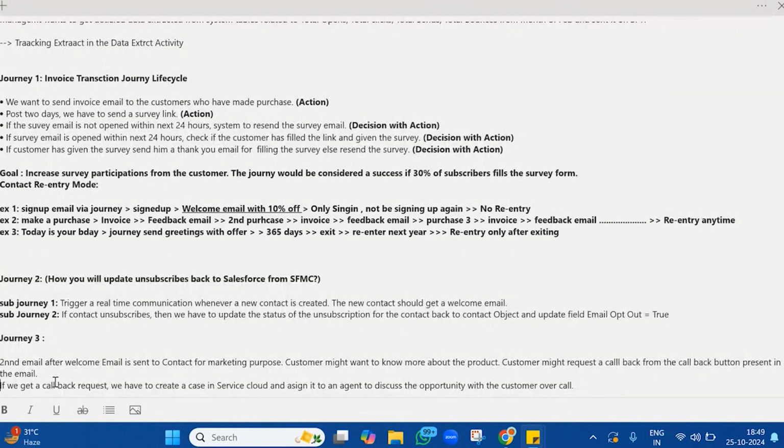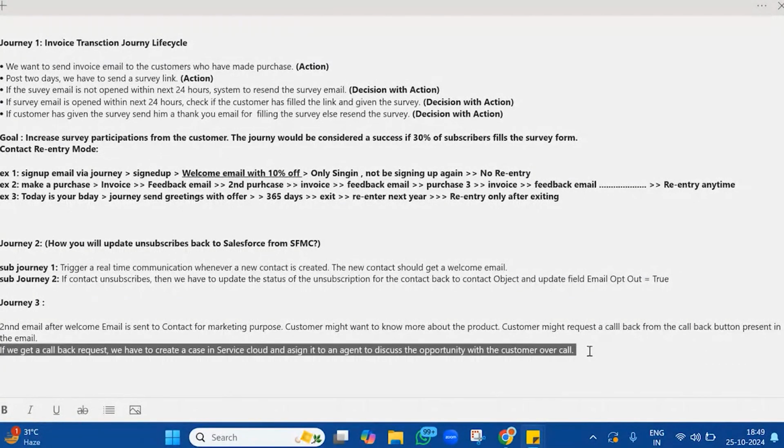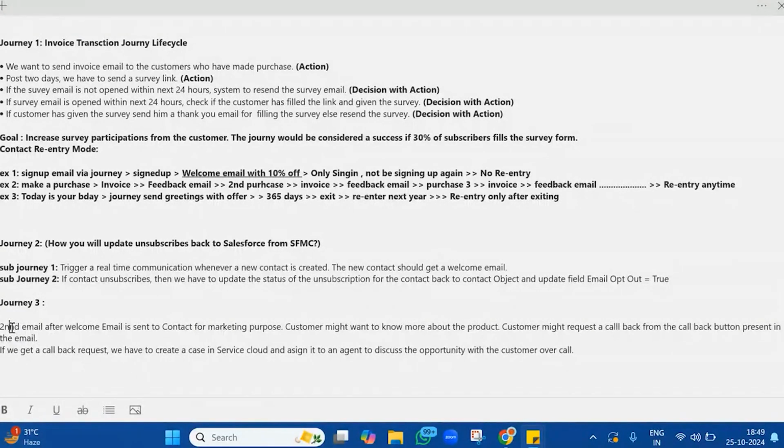If we get a callback request, we have to create a case in Service Cloud and assign it to an agent to discuss opportunity with the customer over call. This journey we will discuss in next class, but I have given a problem statement for you to apply brain and create on your own. If you are able